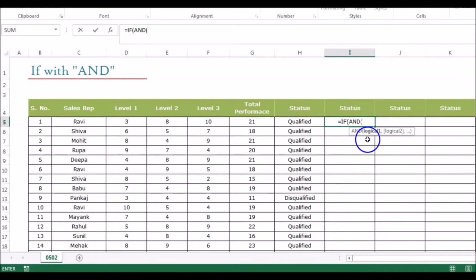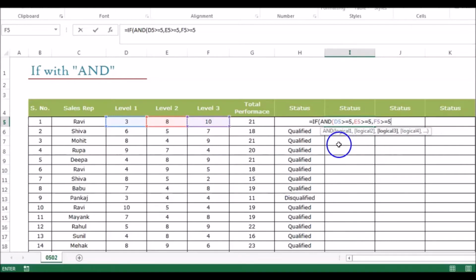So the first condition is that level 1 must be greater than or equal to 5, comma, level 2 should also be greater than or equal to 5. Similarly, comma, level 3 should also be greater than or equal to 5.